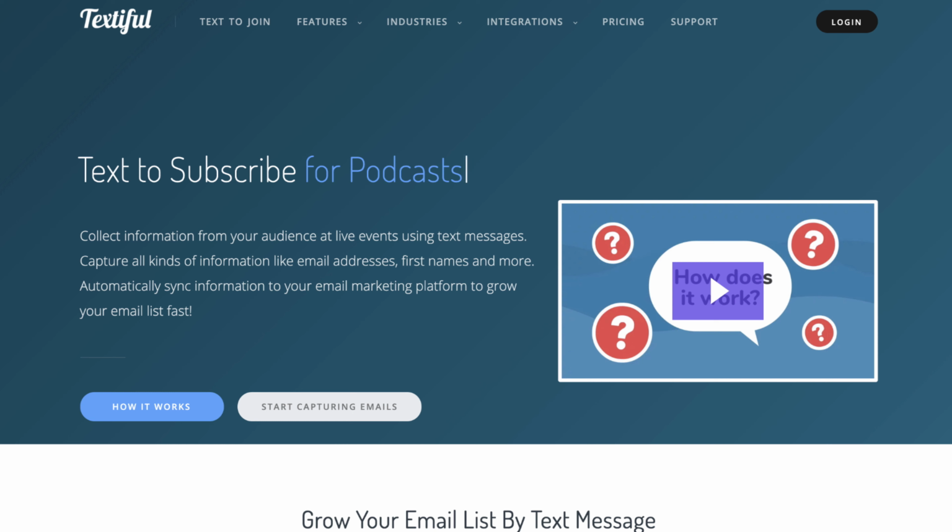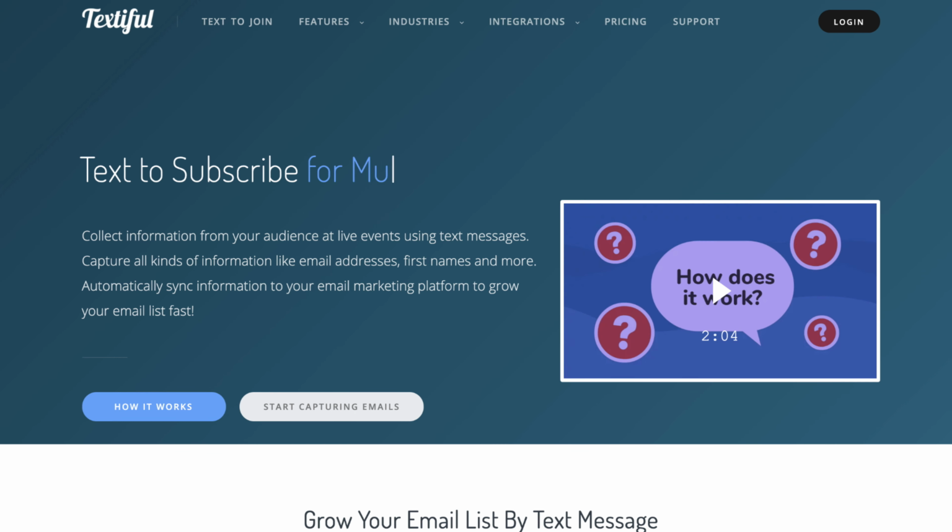And also something that I haven't even really tried a whole lot myself yet is ringless voicemail drops, where you can send a pre-recorded voicemail greeting to somebody's phone. It never even rings on their phone. It just shows up as a voicemail message, and then they can listen to it and call you back or do whatever you tell them to do in that voicemail greeting. And that's actually not something you would do through Textful. If you wanted to do ringless voicemail drops, there's several services out there that can do that.